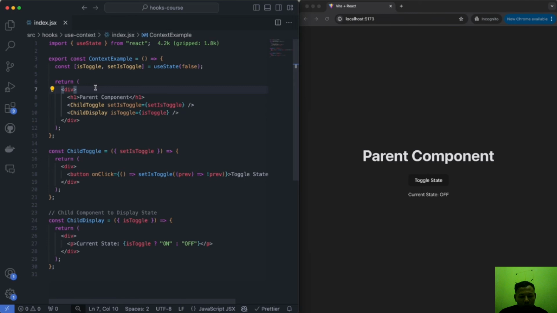So imagine we have this scenario over here where we have this parent component, which is called the ContextExample. And inside of it, it calls 2 child components. So we have one component called ChildToggle and one component called ChildDisplay. Now, both of those components do different things. There's a state called isToggle over here, which starts